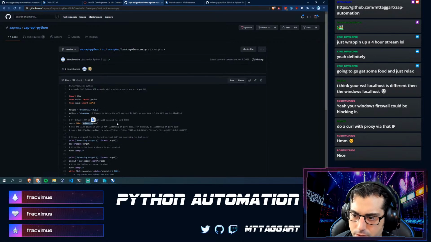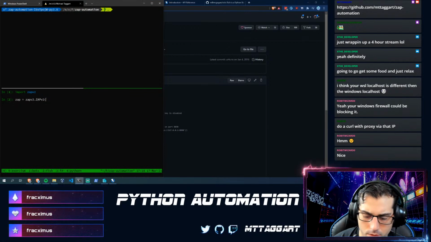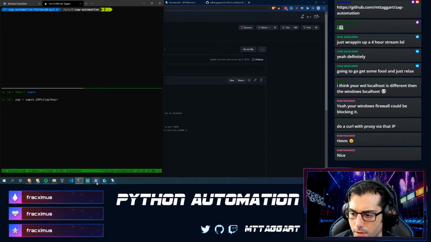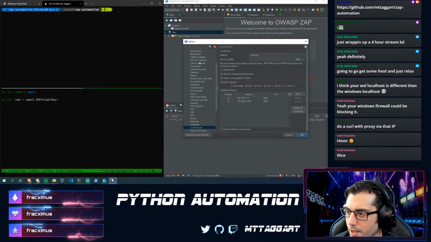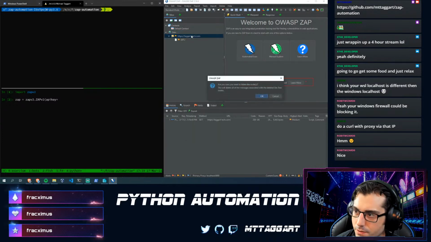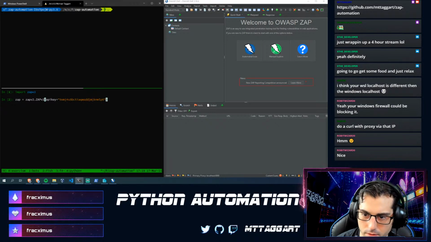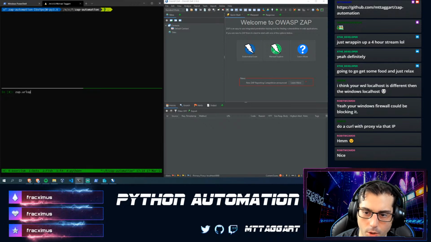Yeah, API key is named, not positional. So API key equals, let's go get the Zap API key. Try this one more time. And let me delete this so that we can create it via the API. And then we'll say zap.url open.